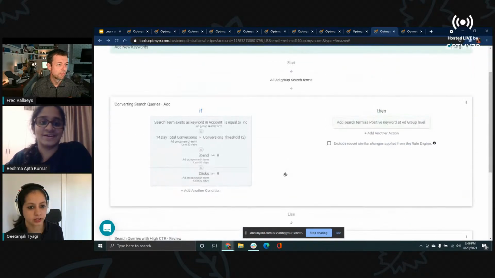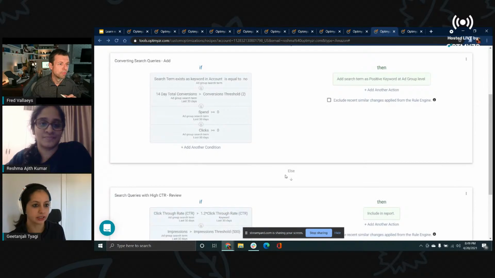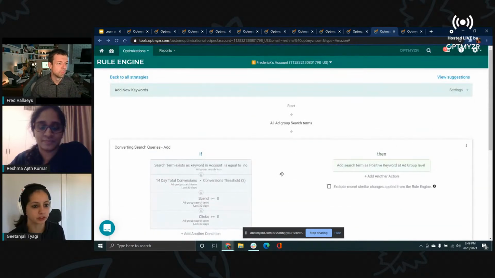Yes. And to add to that, when you build a strategy, it can actually scale across all your accounts because you are using relative data from each of these accounts. So you don't have to say something like CTR greater than 5% or ACOS less than X. You can compare a search keyword or an ad group to its own peers instead of having to rely on random numbers. Yeah, really powerful.